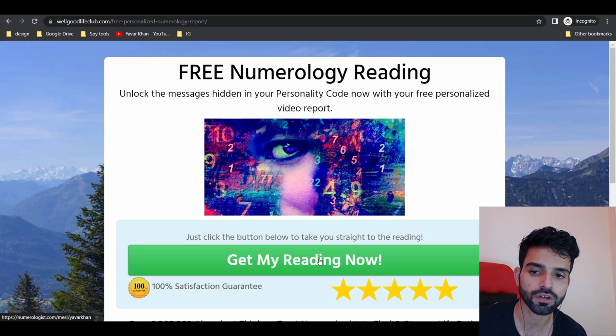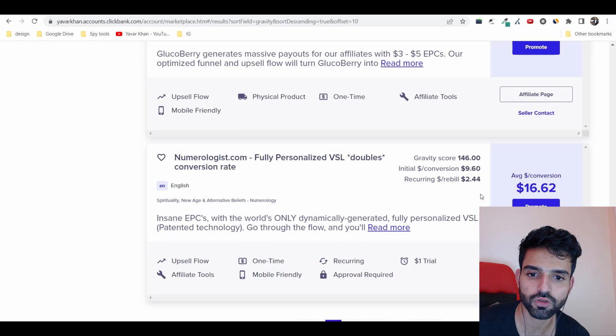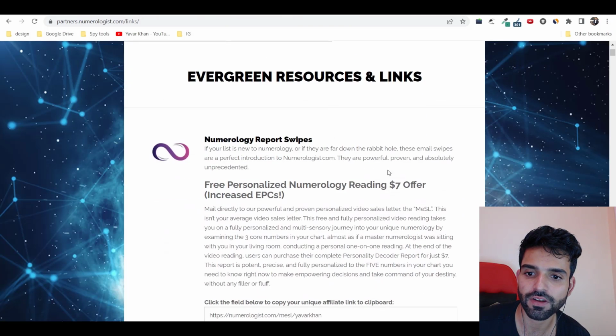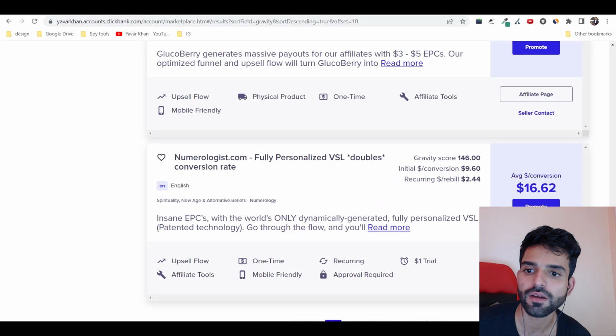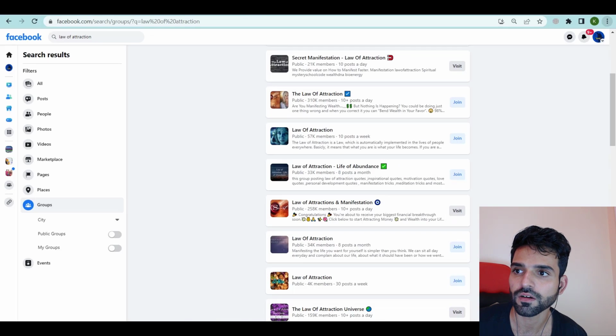Right now this is a shortcut where you directly add a button and then someone clicks on the button, will directly go to the offer like this and they can buy the product. And I'm sure this hardly makes $7, so it doesn't make sense. But once you have an email list, you can upsell them or cross sell them with other law of attraction, manifestation offers. So again, it's very simple.